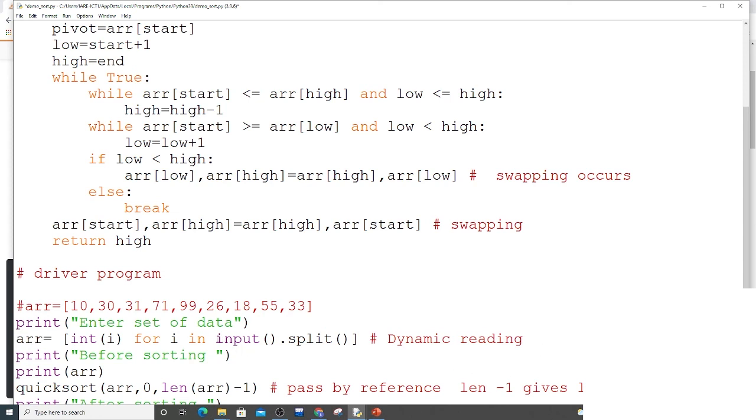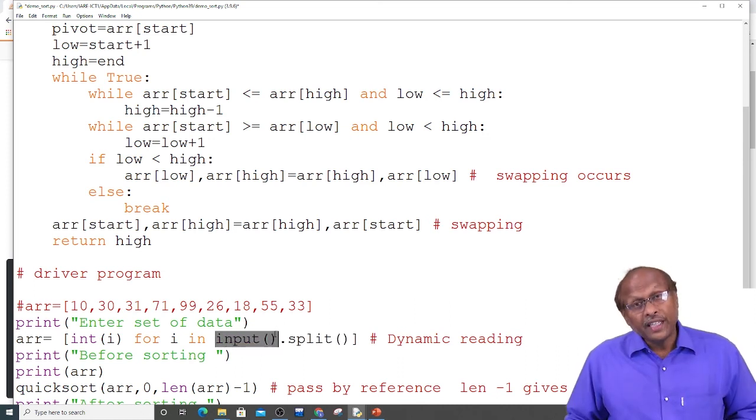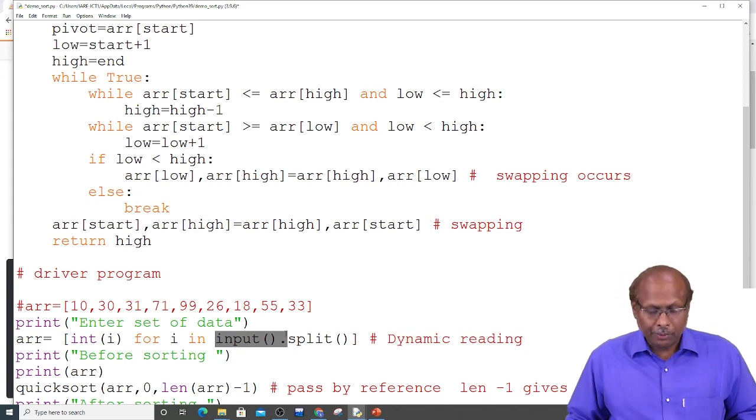So please remember here, input.split. It reads the input and splits it into a list of items, and every item of the list it converts into an integer. So this is the way of reading. Simply if you write input, it will read a single integer. When you read a set of data, it will give you items separated by space, that means a string.